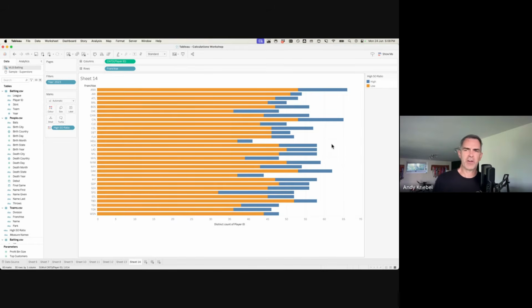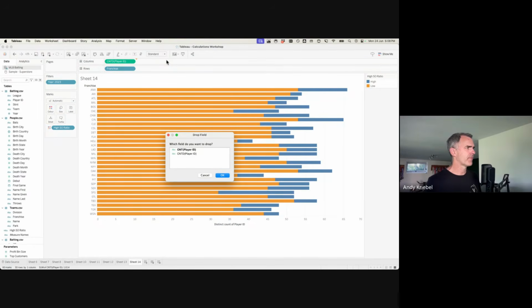For each player, we're bucketing them into either a high strikeout ratio or a low strikeout ratio. Make sense? Okay. What I want you to do now is, on this same view, right-click and drag player ID to the columns next to the other one,